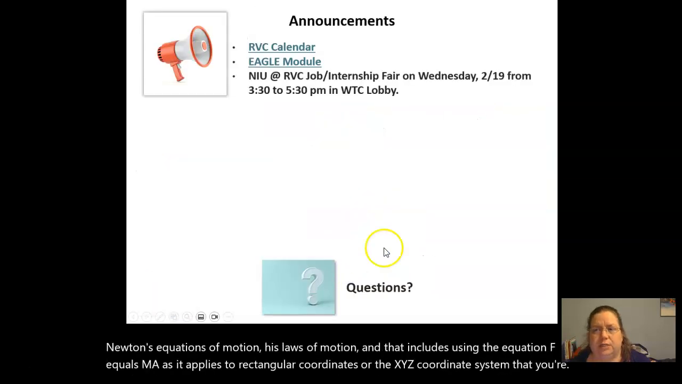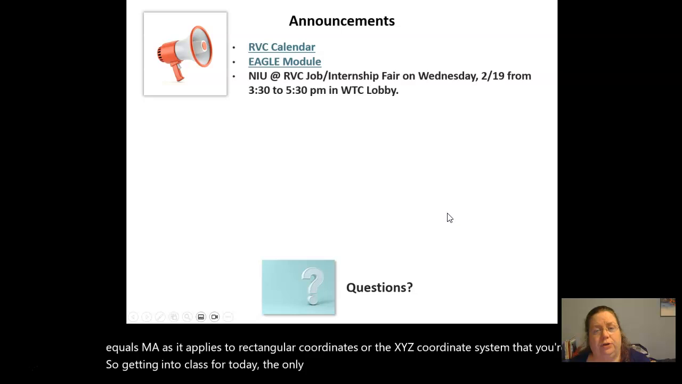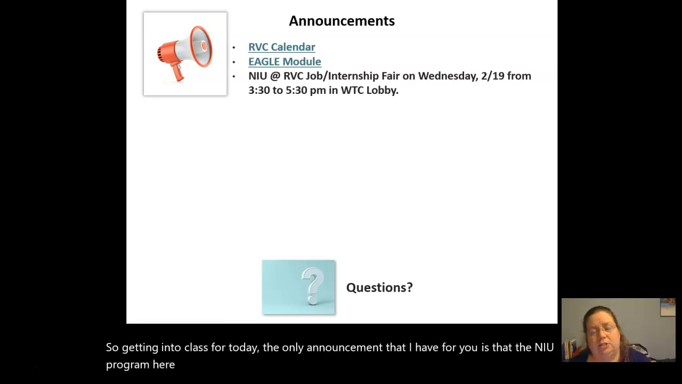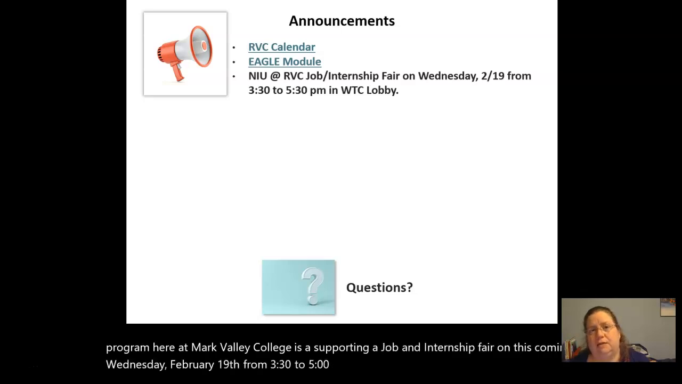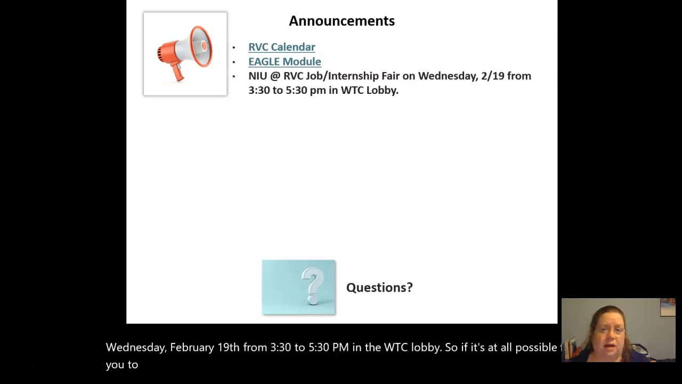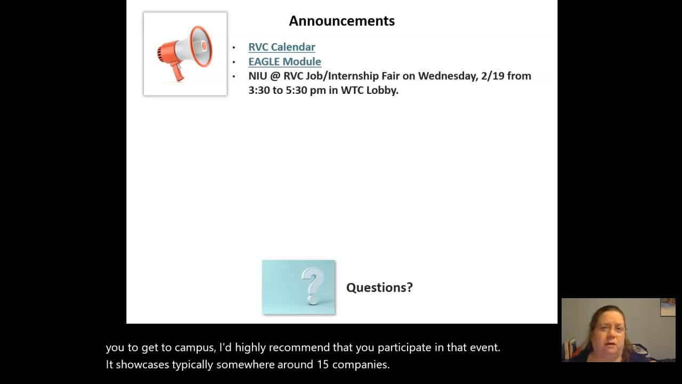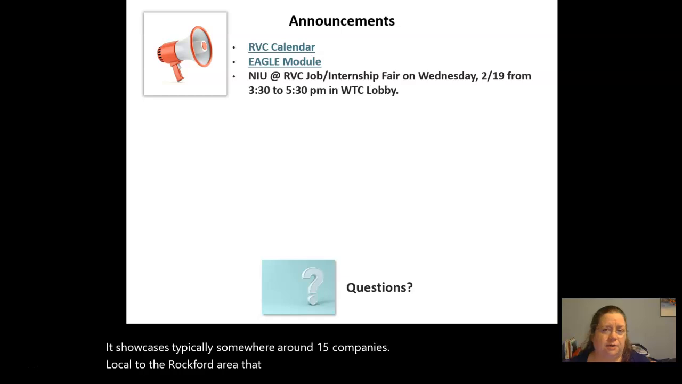So getting into class for today, the only announcement that I have for you is that the NIU program here at Warwick Valley College is supporting a job and internship fair on this coming Wednesday, February 19th from 3:30 to 5:30 p.m. in the WTC lobby. So if it's at all possible for you to get to campus, I'd highly recommend that you participate in that event. It showcases typically somewhere around 15 companies local to the Rockford area